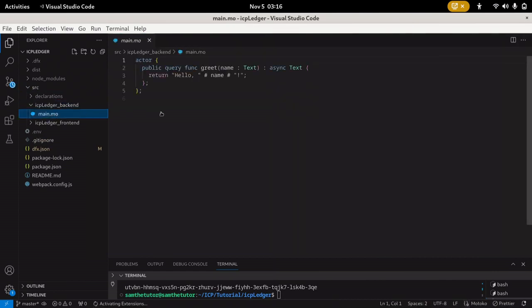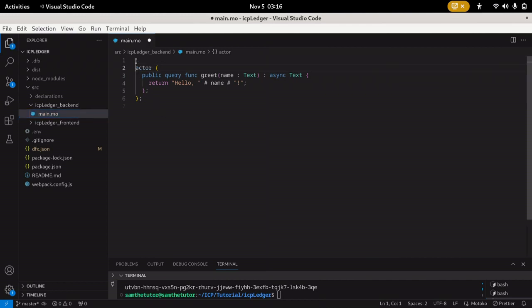the backend. And so what are we going to do in the backend? So basically we're going to use the ICP Ledger canister in our backend code to transfer funds and also check the balance of an account. But before we begin, we need to first import the